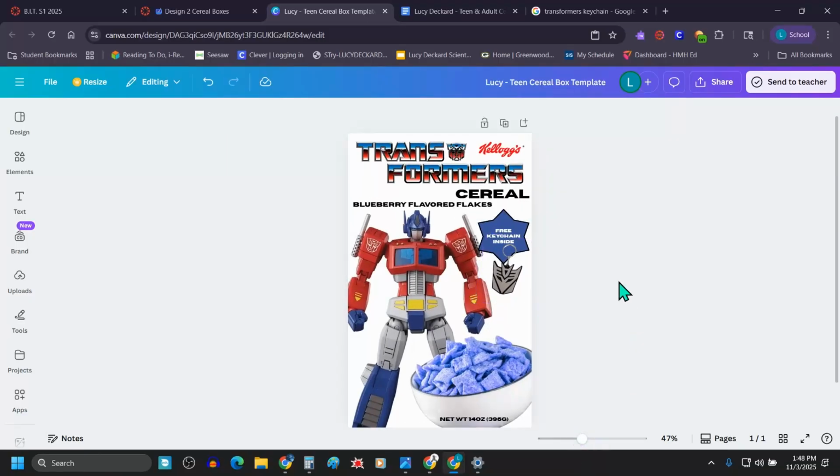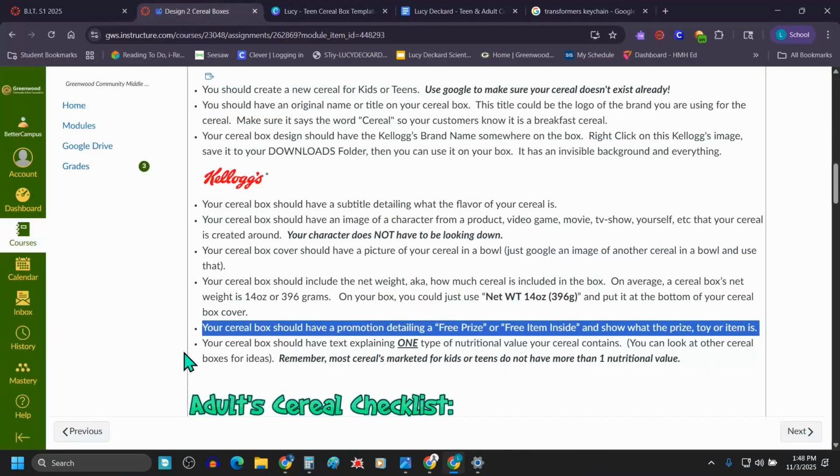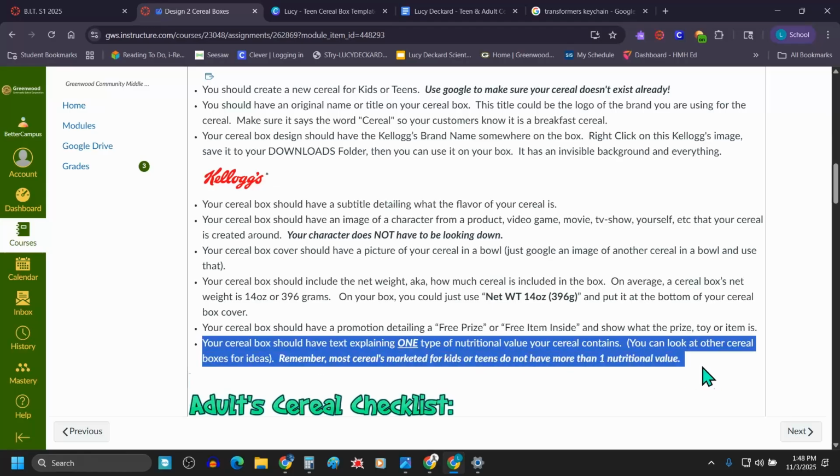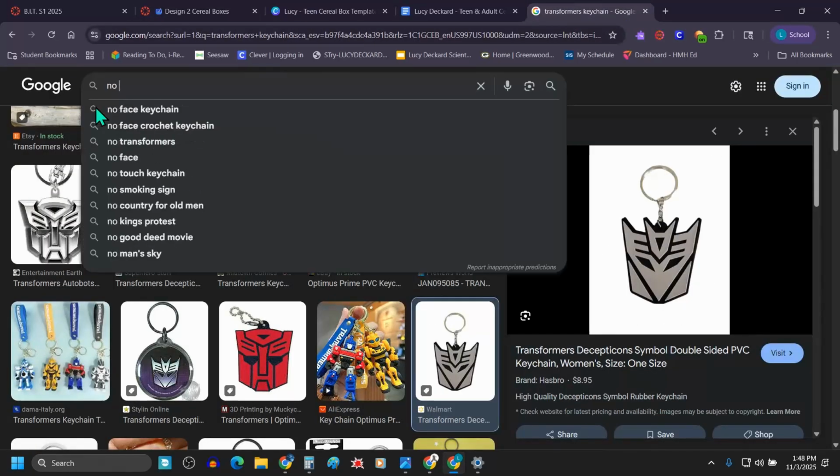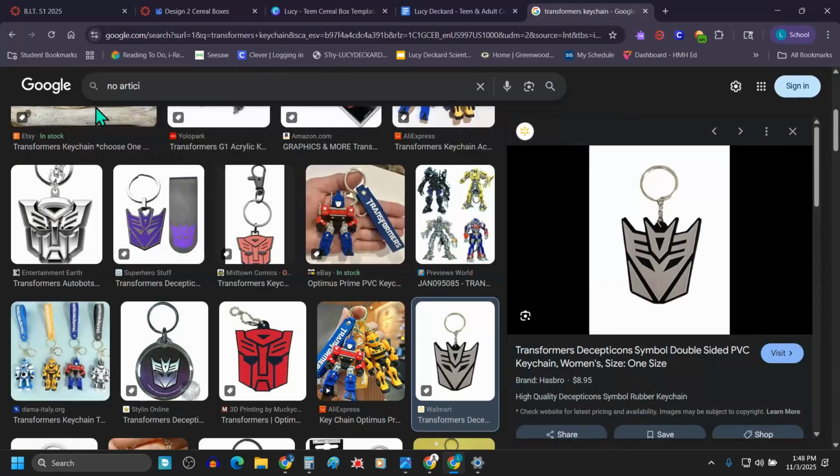And we are almost done. Let's go back over here. It should have text explaining one type of nutritional value, just one thing on this box that is good for you. And I'm just going to cheat. I go to Google and I put in like no artificial,